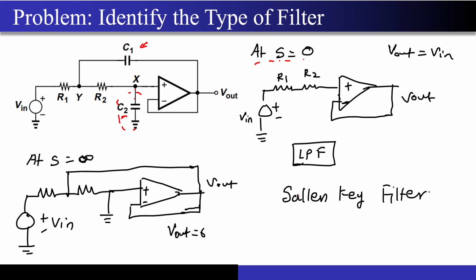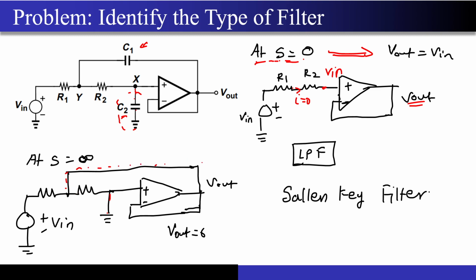Yeah. So now what you will be just left with is this particular circuit over here. There is a strong negative feedback over here. Can any current flow over here? Obviously not. So this is my Vin. Your Vin will ultimately be shorted to Vout through the principle of virtual ground. So at s equal to 0, you are getting Vout equal to Vin. At s equal to infinity, what is going to happen? This is just going to get shorted to the ground over here, and this feedback will be very strong now.